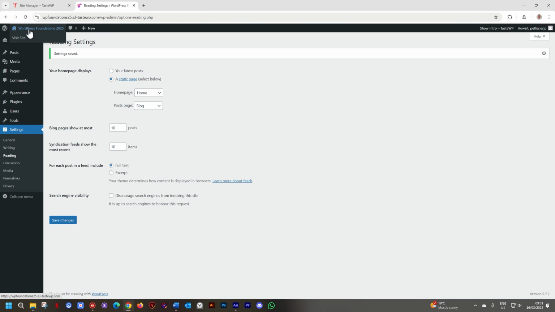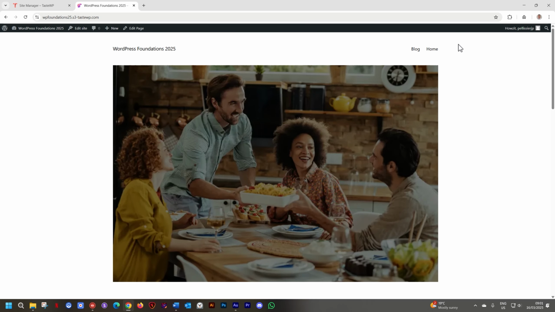Go view it on the front end and note that here in the header at the top, we have now two links, one for the home and one for the blog. This we're going to upgrade significantly by bringing in header functions with a great theme in Module 2. So you have full control over this and how this will look. These items are navigation items. Homepage will take you to the homepage, and blog page will take you to the blog pages.